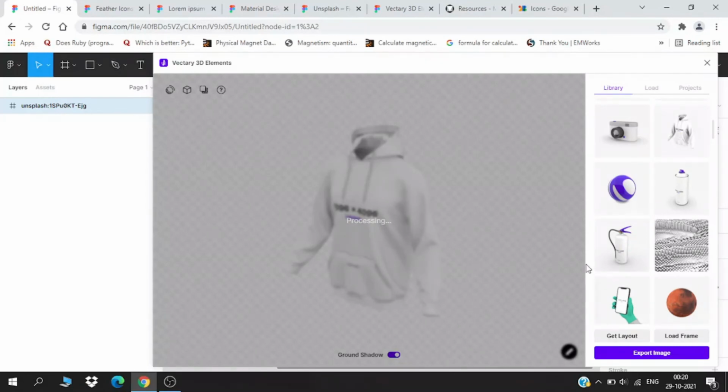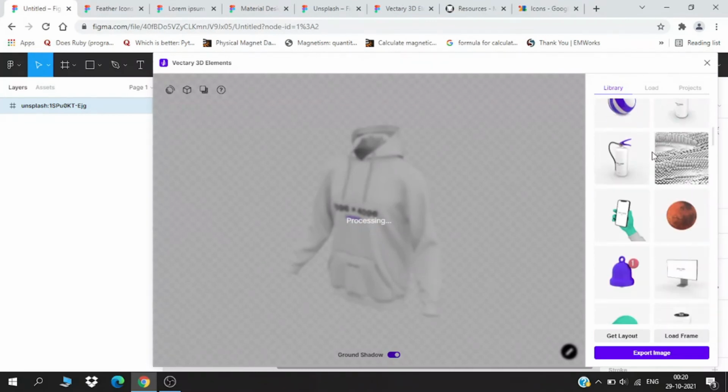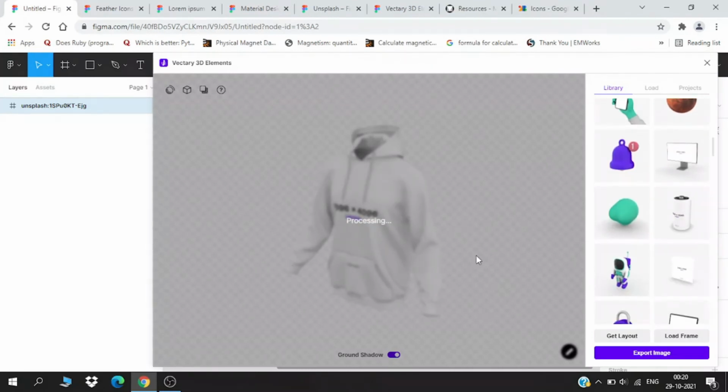The coolest thing is that it does not just make the mockups, but it can also generate designed objects. As I have selected this hoodie, I can do this directly. There is some, I guess, glitch in this. So I have selected this frame and I will click on load frame. After clicking on load frame, it will process my frame on the front of the hoodie.